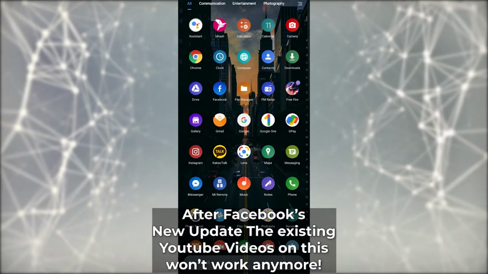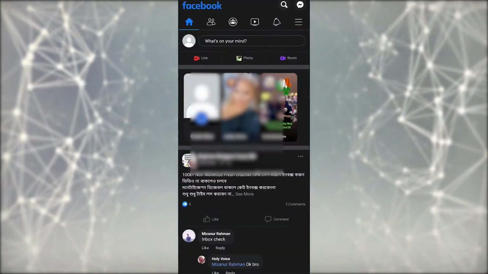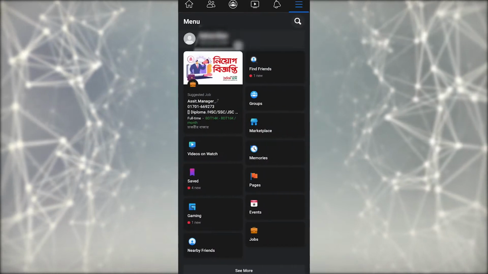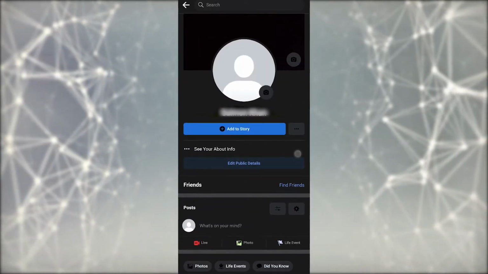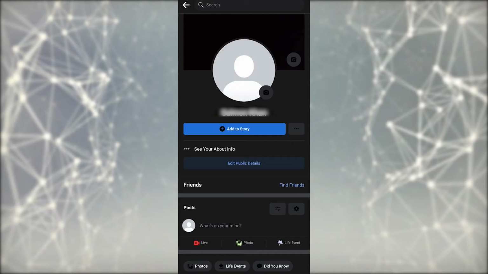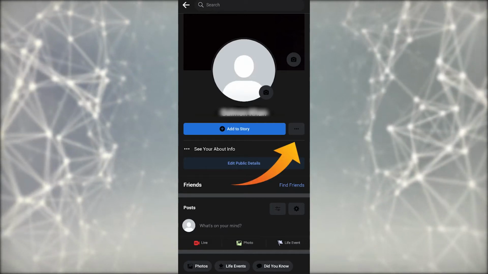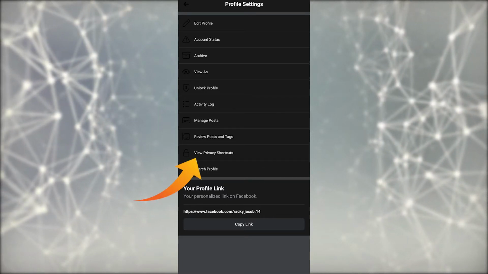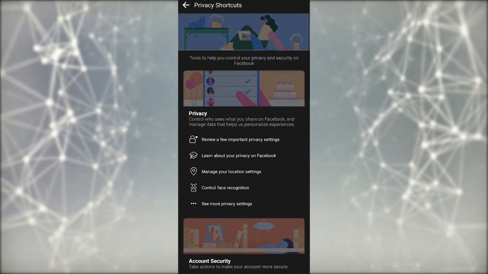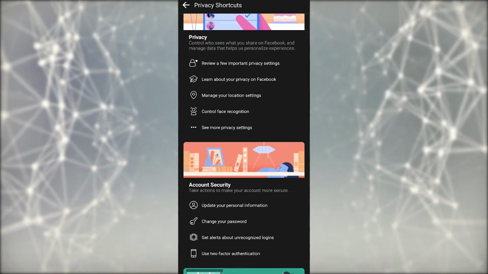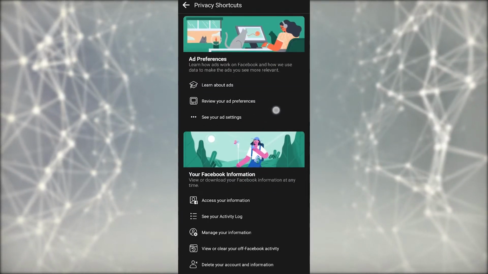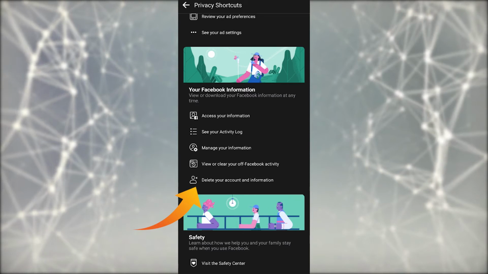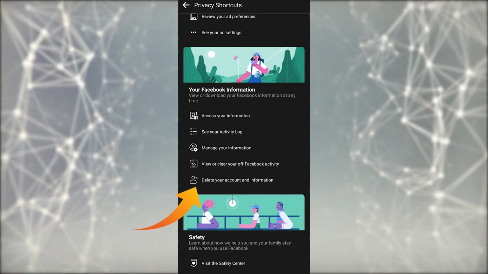So let's get started. First you have to go to Facebook and click on the side arrow, then click on this option, then click on view privacy shortcuts and scroll down. Then you can see here delete your account and information. Click on that